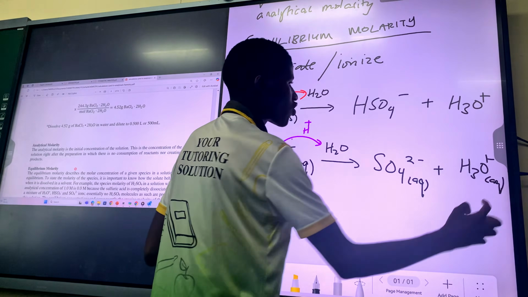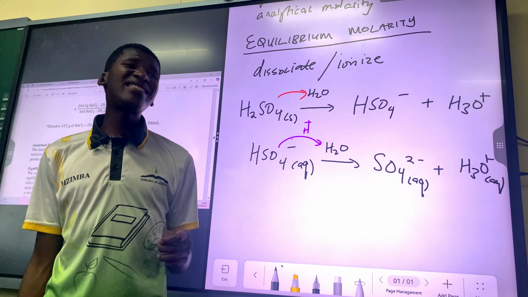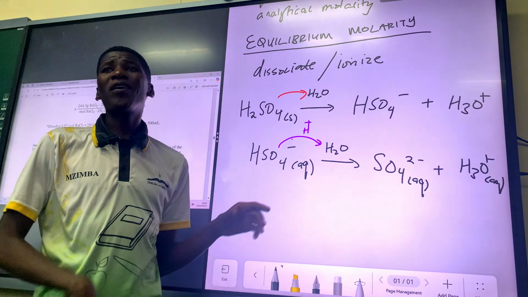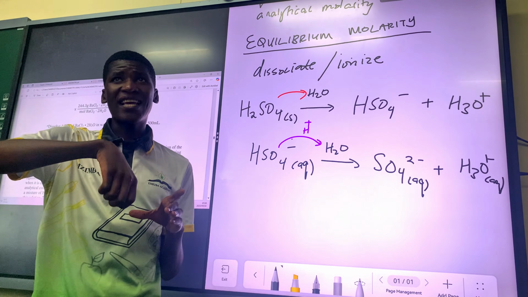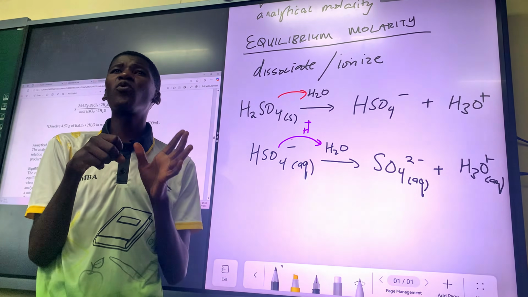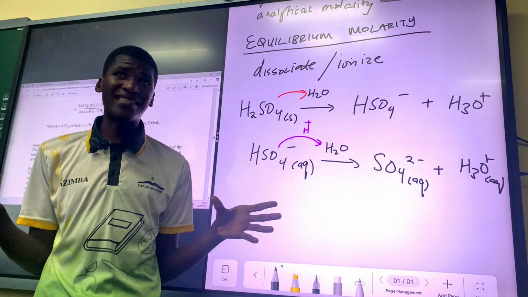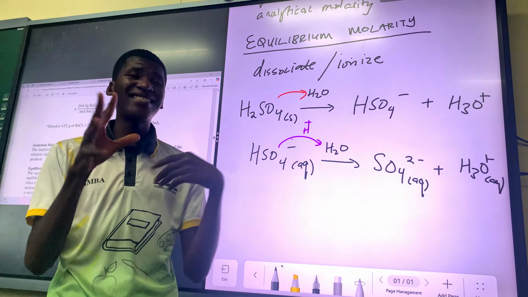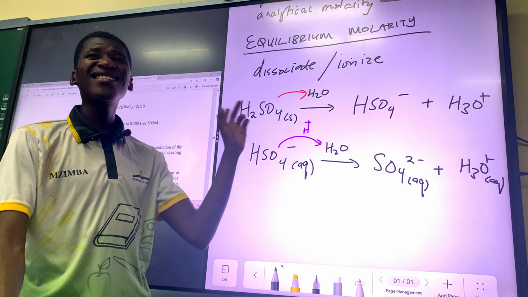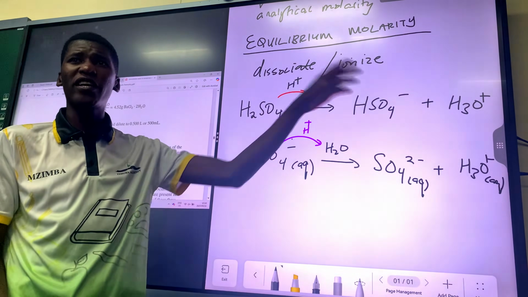So what is equilibrium molarity? With equilibrium molarity, you want to see what happens after a solute dissociates or dissolves in a substance. When sugar dissolves in water, it means the sugar separates. It's actually separating into its elements, because it's a compound, so it separates into its individual elements. Similarly here, when you dissolve this in water, since it's an acid, it's going to give away all its protons, all those H plus will be given away to H2O.